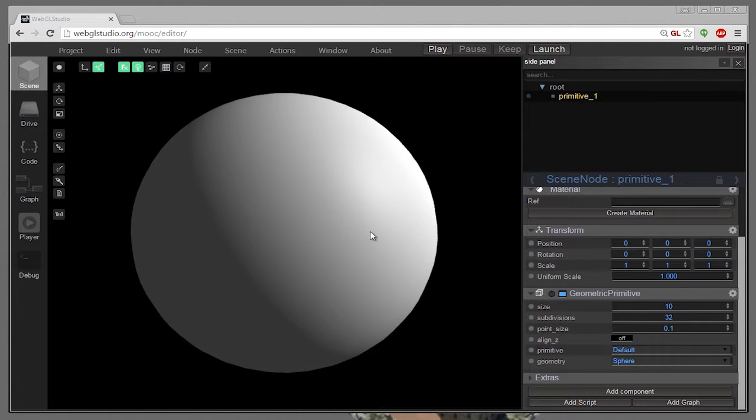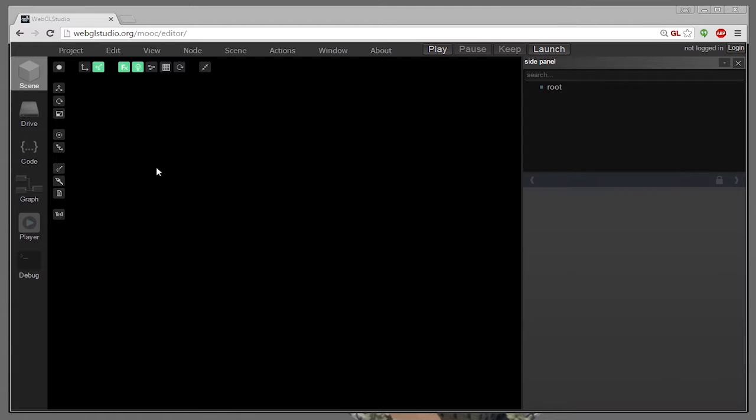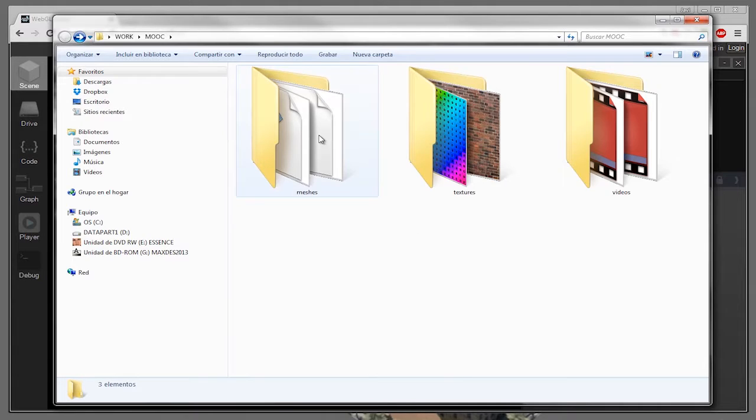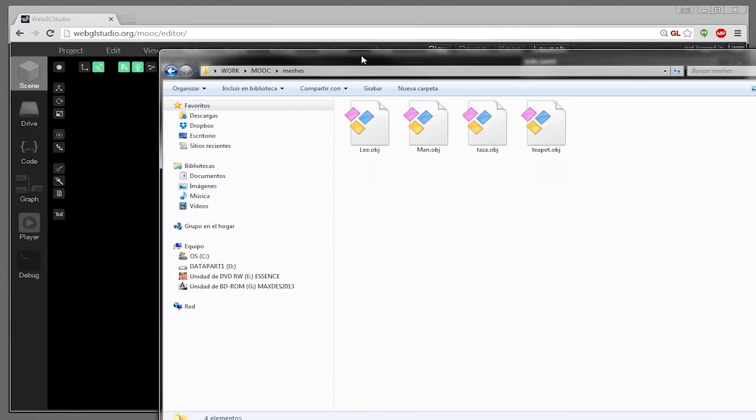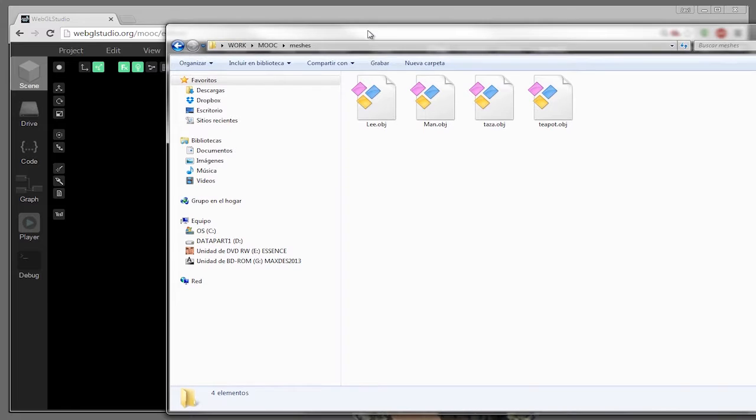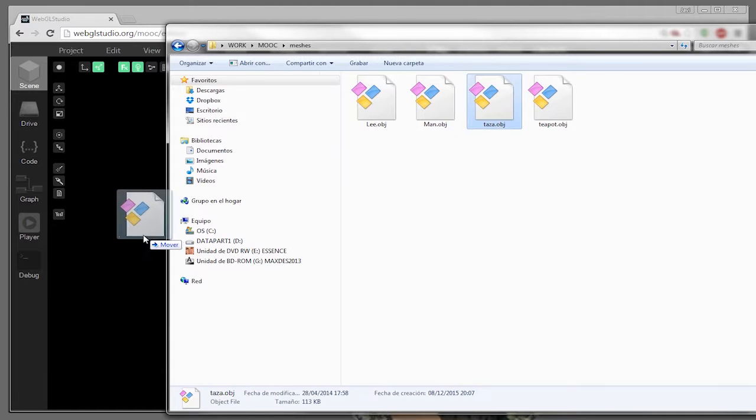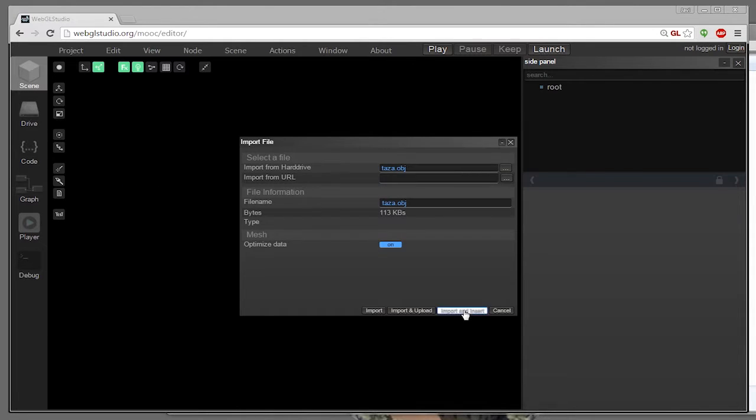So even if you see any kind of complex shape, they are always made by triangles, and the more triangles we have, the more complex shapes we can have. So instead of using the sphere, I'm going to import a different kind of object. Usually when you want to have 3D objects in your scene, you have to load them from a 3D file. In this case, I have here some files with different shapes. I'm going to drag, for instance, this object here. I'm going to insert it in my scene.